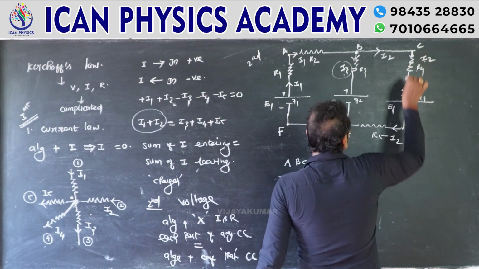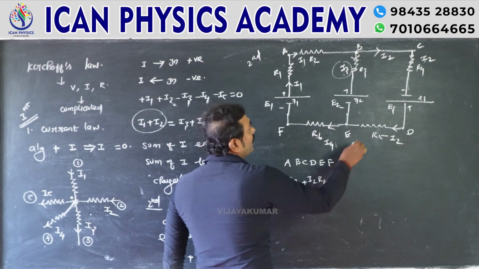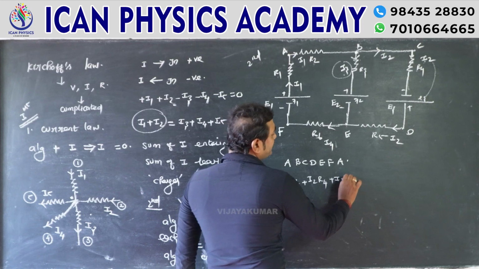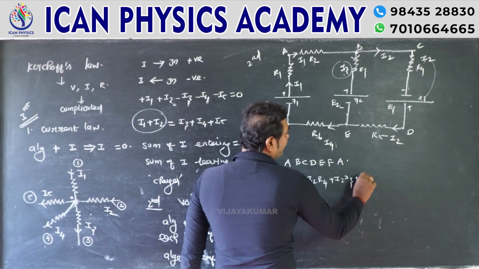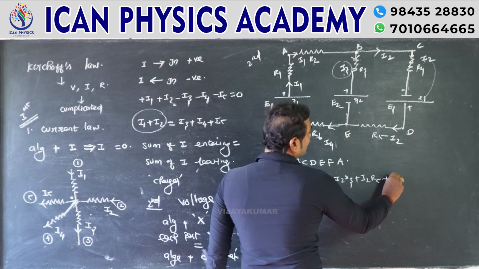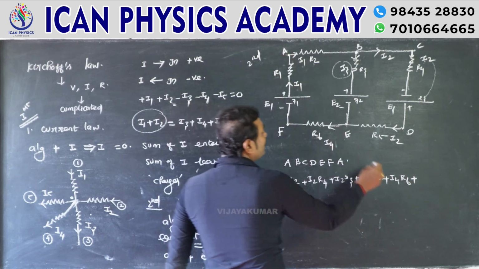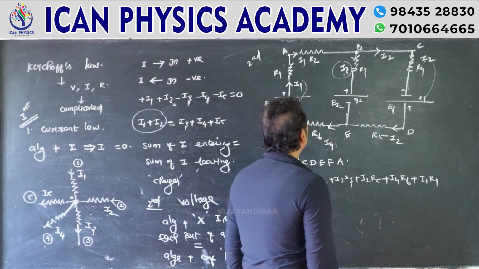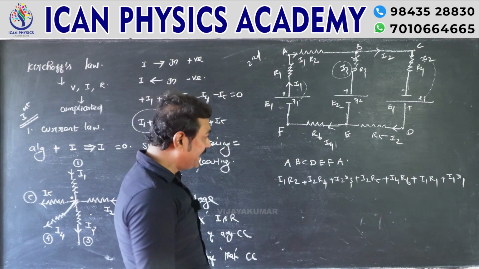Now C to D, I2 into R4. Now we are having some internal resistance R3, so I2 into R3. Next D to E, I2 into R5. E to F, I4 into R6. F to A, I1 into R1. Here we are having some internal resistance, so I1 into small r1, equal to